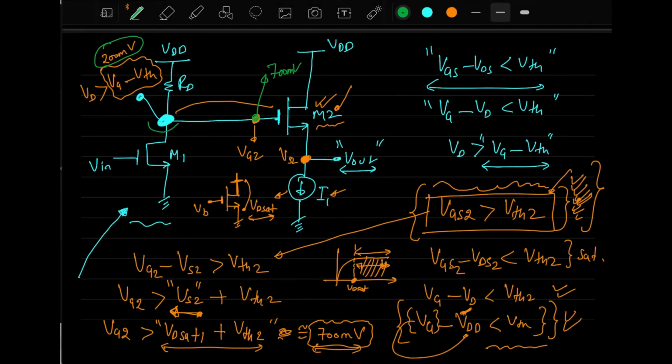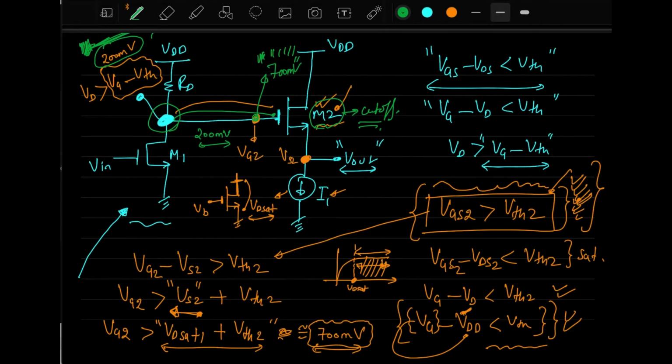So if you connect this point to this point, then this 700 millivolts will interfere with 200 millivolts and it will result in some problem, and ultimately the value will settle down somewhere around 200 millivolts or less than that, or somewhere in between, but it will not be more than 700 millivolts. As a result, what will happen? The MOSFET M2 will become cut off. So it will not work because the potentials are different. Here you want 700 millivolts, but here you want 200 millivolts. So when you are connecting, the requirement is different at both the ends.